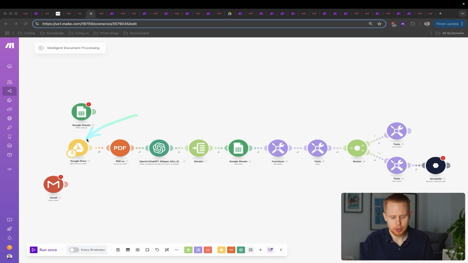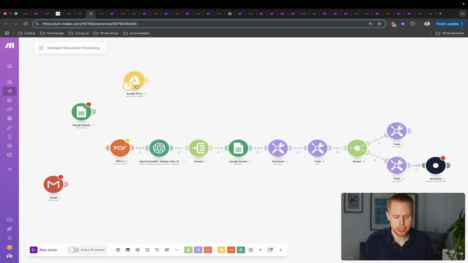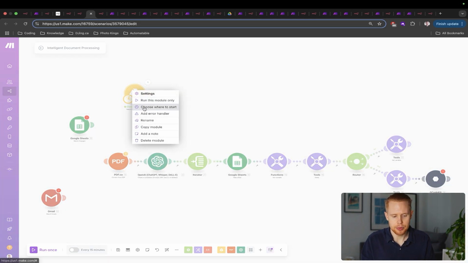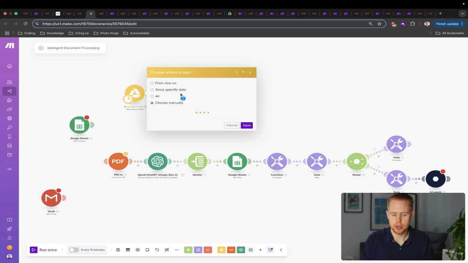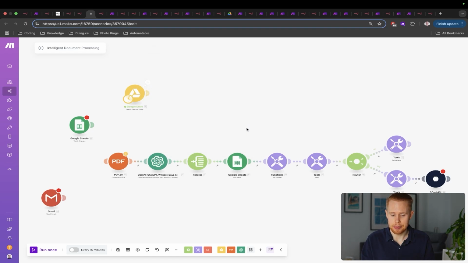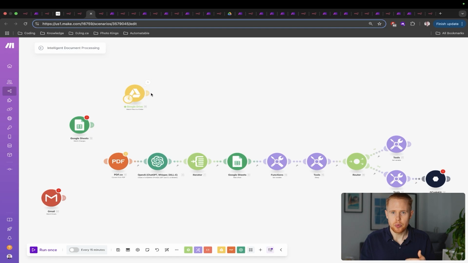So take this workflow, for example. I'm going to go ahead and do the same thing. So we're going to unlink this first and we're going to move this Google Drive folder up top here and we can run this once, okay? And it looks like nothing came through. So I'm actually going to just choose where to start so I can load in by default a PDF document. And we're just loading in any test data here. It really doesn't matter what it is, but just for the purpose of this demo,